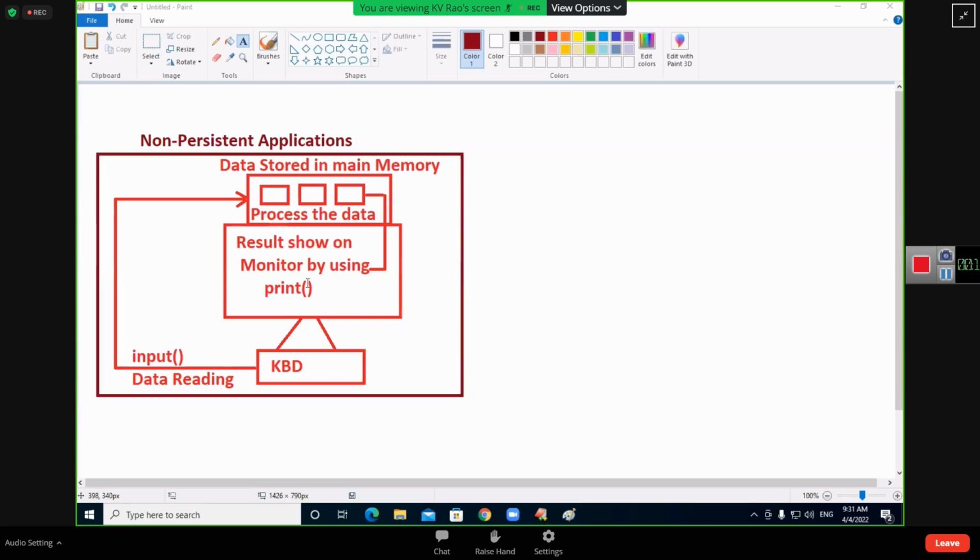From today onwards, we don't want to process and show our results only on the monitor. Okay, let it be. You show the results on the monitor. No issues at all. No doubt in that. But now the issue is what? I want to keep my results permanently. Because today, what is the sales made in the supermarket? It is useful to you at the end of the day.